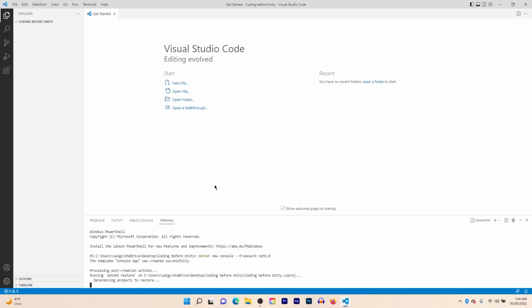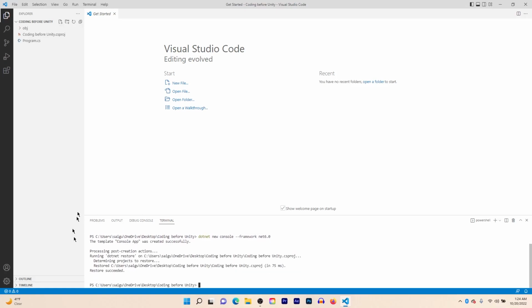So press enter, and then it succeeded. On the right you can see the program.cs and then coding before Unity .cs proj. There should also be a bin and something else that should appear over here. If that doesn't happen, just keep waiting like a minute or 2 minutes. There should be an icon that pops up on the right, and just press yes, and then those should